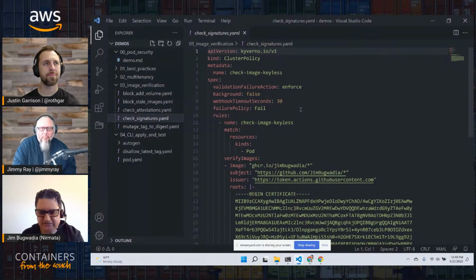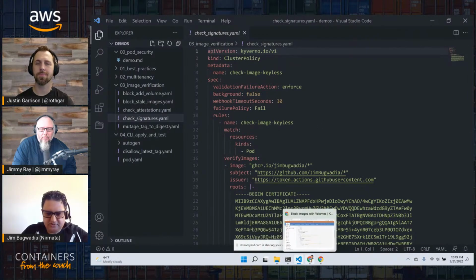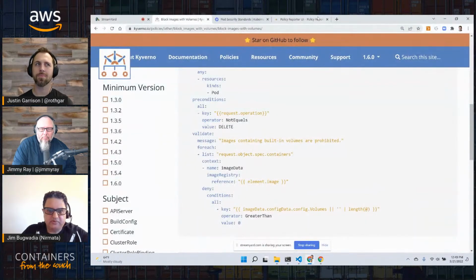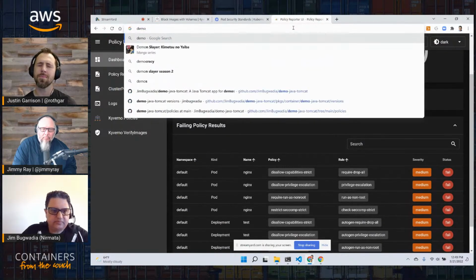And then there's Fulcio, which is a web-based identity management solution to offer what's known as keyless signing. So, and this, by the way, says check image keyless. So just to explain what I'll do in this demo, is if I go and look at the repo that I want to use,